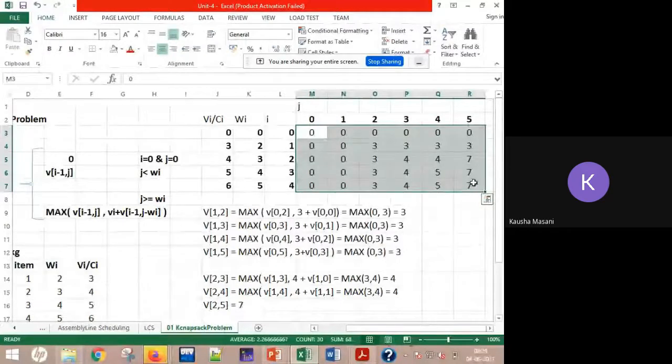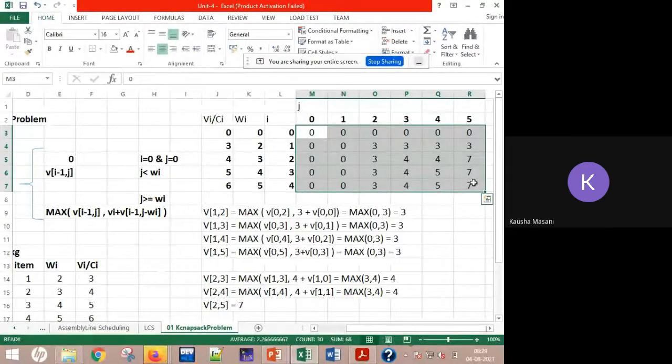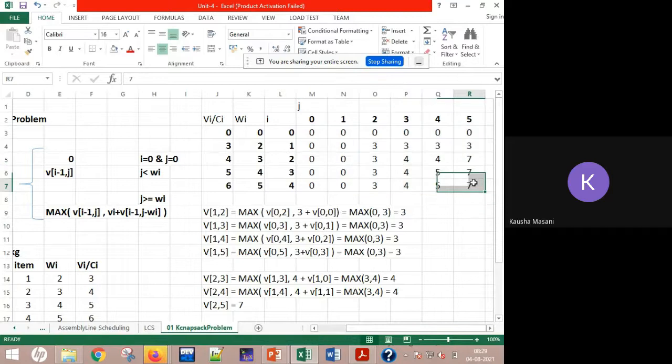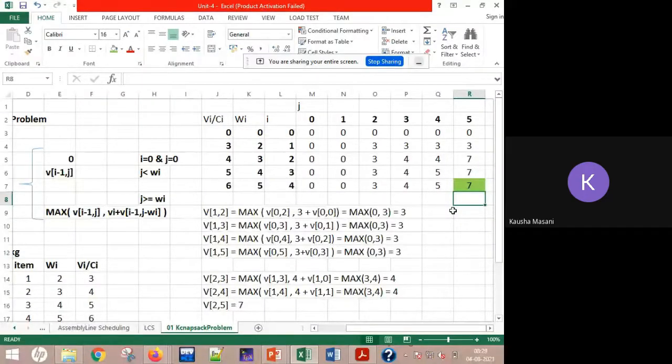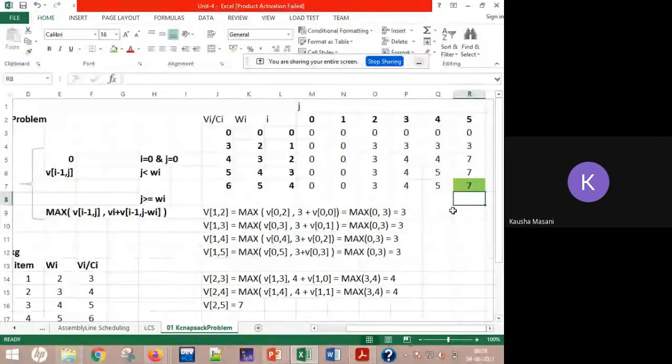Now see, here the sum does not end because we have not yet come up to a solution that which item we need to select to get the maximum profit. See this particular intersection, this cell. This is going to tell you what is the maximum profit you can get. This particular value, that intersection, that green one, is going to tell what is the maximum profit. But which item to select? That is the question here.